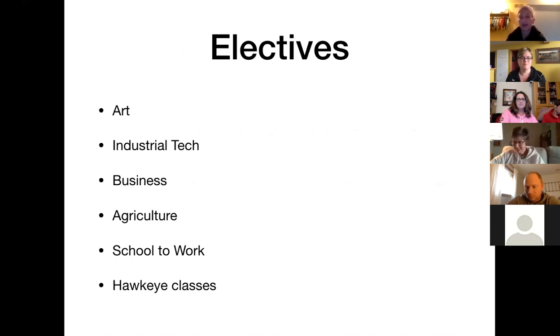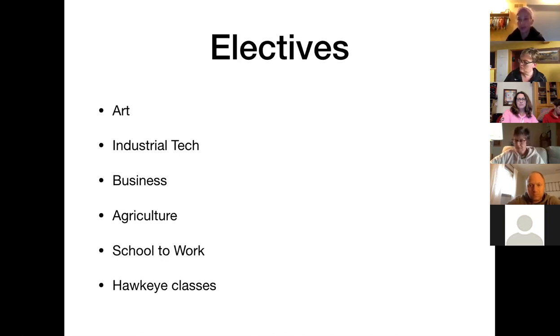There are different classes underneath those categories. They're all on your registration sheet, and they're all in PowerSchool, which Suzanne will talk about in a little bit. Some of the classes have prerequisites though. For example, if you want to do culinary arts, you'll need to do culinary arts 1 before you do culinary arts 2.